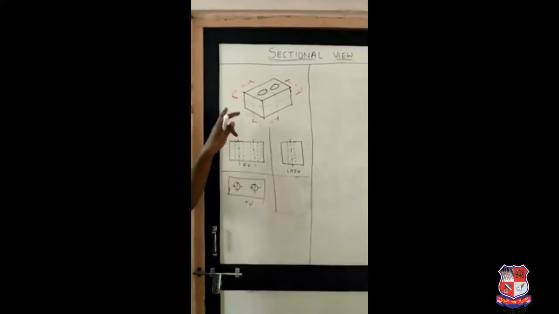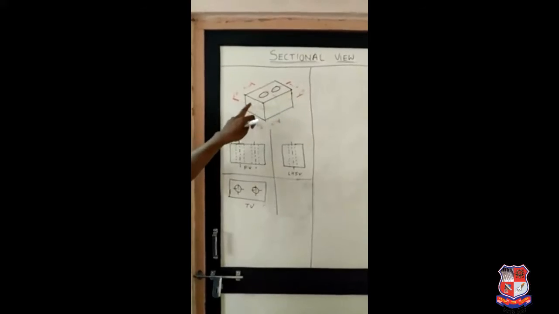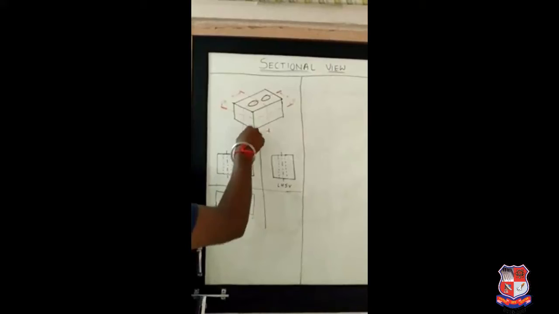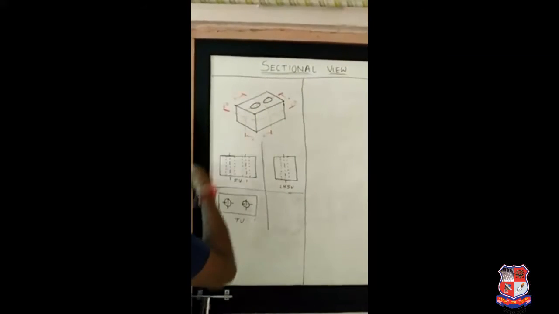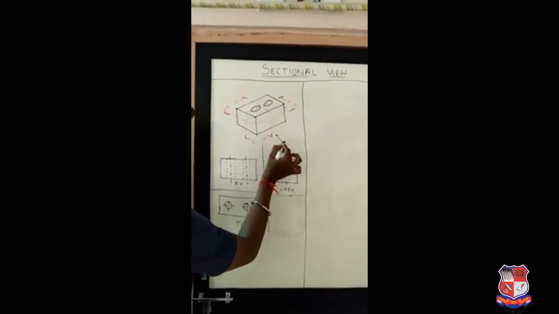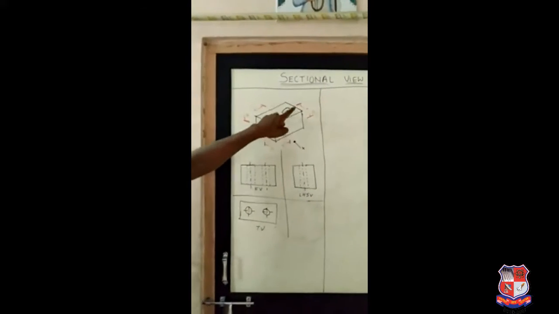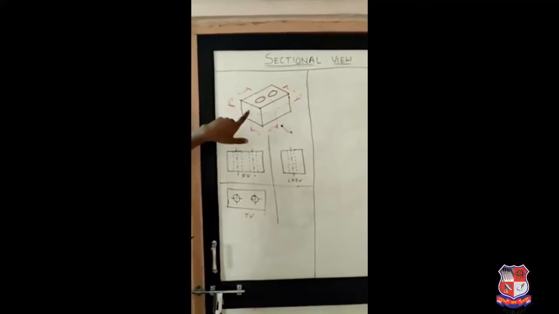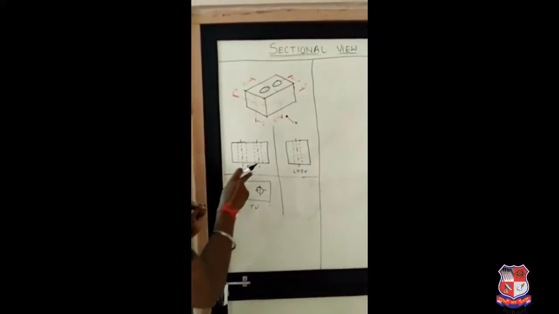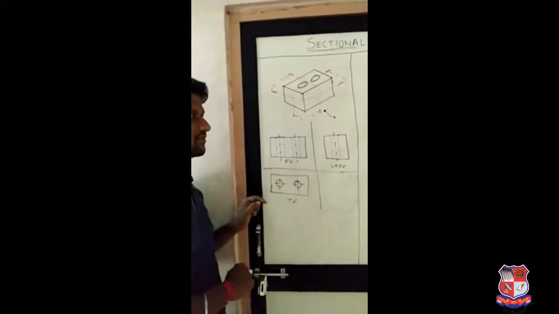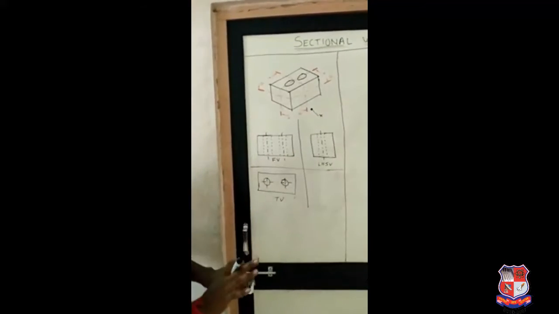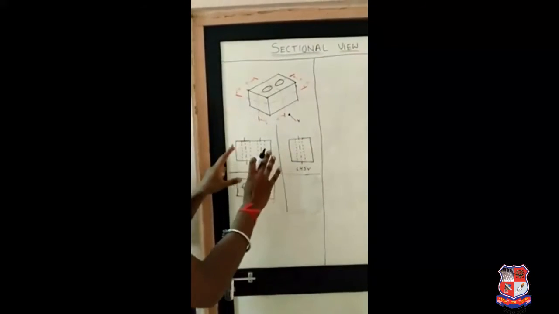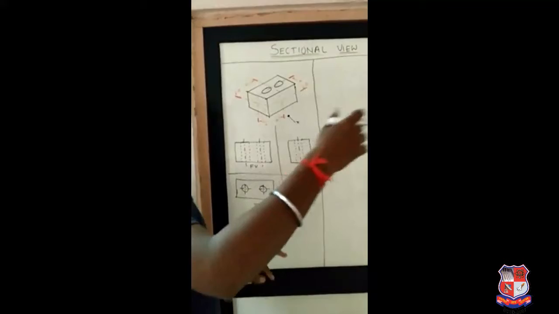Okay, so if we follow the cutting plane line AA, then we can say that cutting plane line AA is visible from top view and from side view. This is the x direction. So cutting plane line AA is visible in top view and side view. So we are going to change the front view. We need to convert this front view into sectional front view. This is a normal orthographic projection: front view, top view and left hand side view. The object is given to you, right? This is the normal orthographic projection which we have already discussed in earlier lectures.